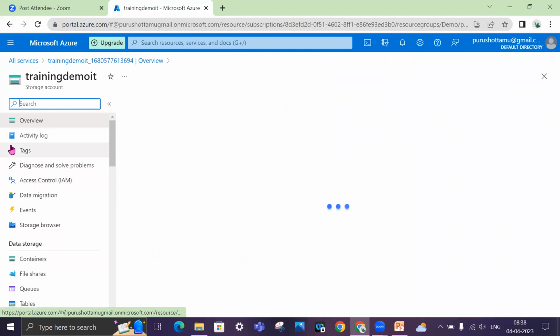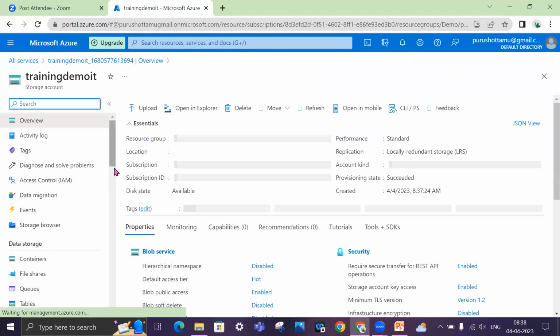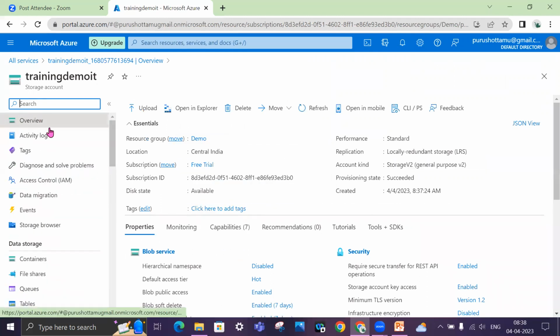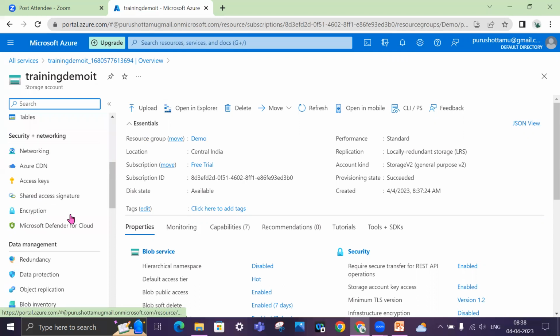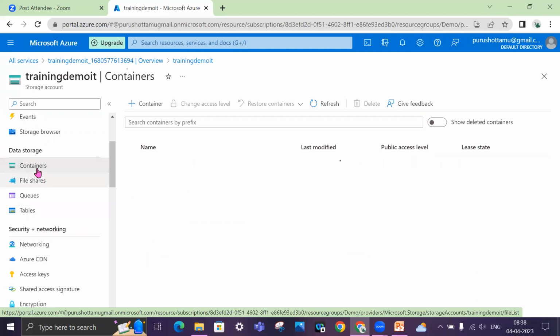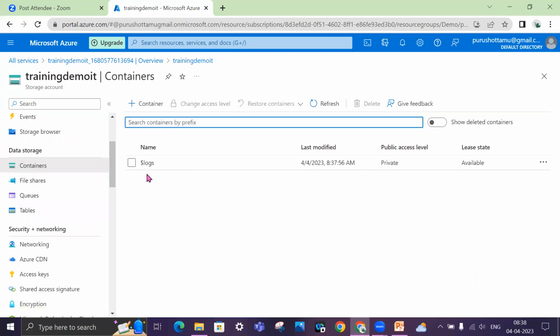So our storage account is ready and usable. Now you see a lot of options are available. There is a storage explorer, and a lot of actions you can do in the left-hand panel as well. We were discussing creating containers, so you can create containers over here. By default the logs container is created, but you can create your own container.